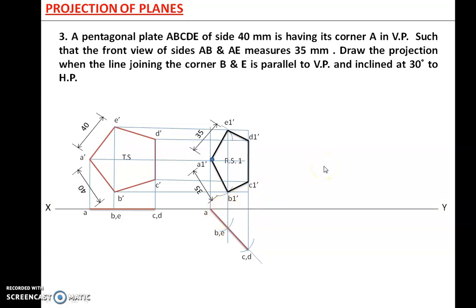Okay. Now let us go for the third step. In the third step, you will incline this reduced shape number 1. It is in the front view. You require the inclination with HP, which is given as 30 degrees. But out of these 5-6 lines, what has to be inclined? You have to incline the line joining the corners B and E. This line BE, you have to incline it by 30 degrees. Presently, how much inclination is it having with XY? 90 degrees. You have to incline it by 30 degrees.